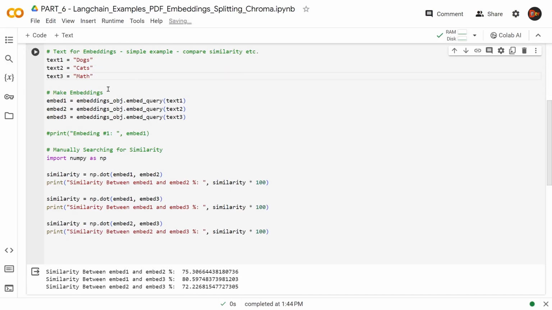Here, we're simplifying this even more by using just simple words: dogs, cats, and math. So let's rerun this. Look at that. When we compare 1 and 2, which is dog and cat, we get 91%. But when we compare cat with math or dogs with math, like these other 2, we get a very low